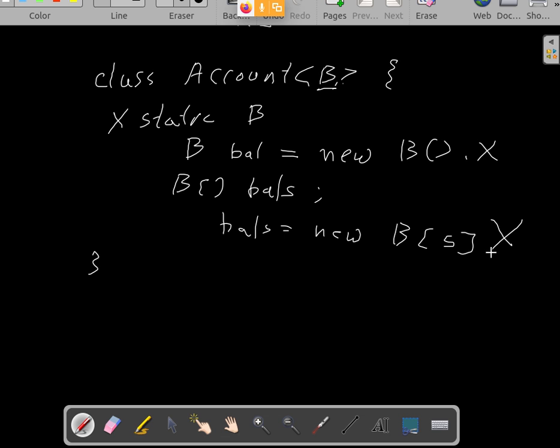Fine. You understand why not with static? Because look at B, how is it going to be used? I had mentioned the generic thing. So, see, how are we using that? When I say account of